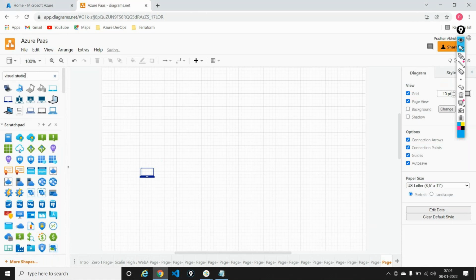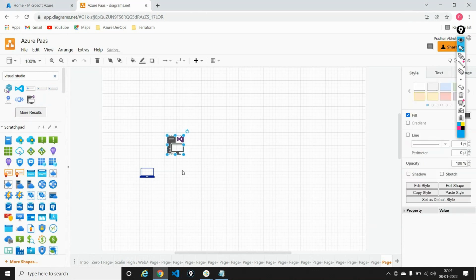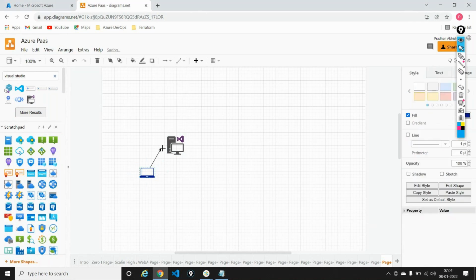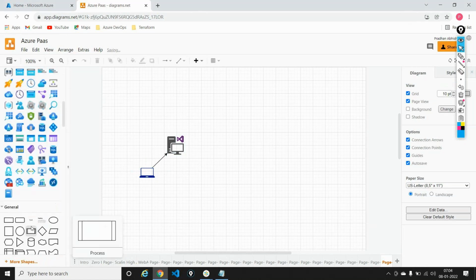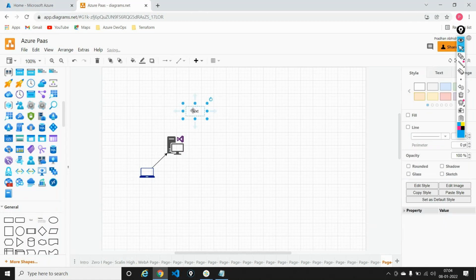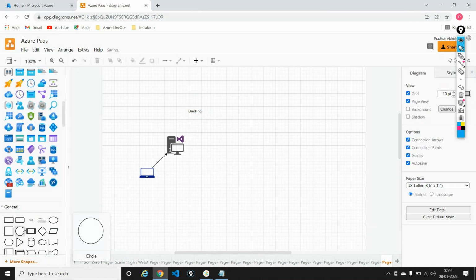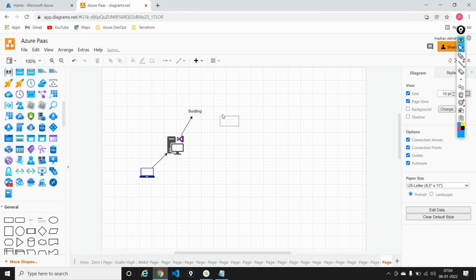Using this Visual Studio, I am firstly doing a build of my code, and after building my code, the code is getting converted into binary format, meaning a system understandable format.